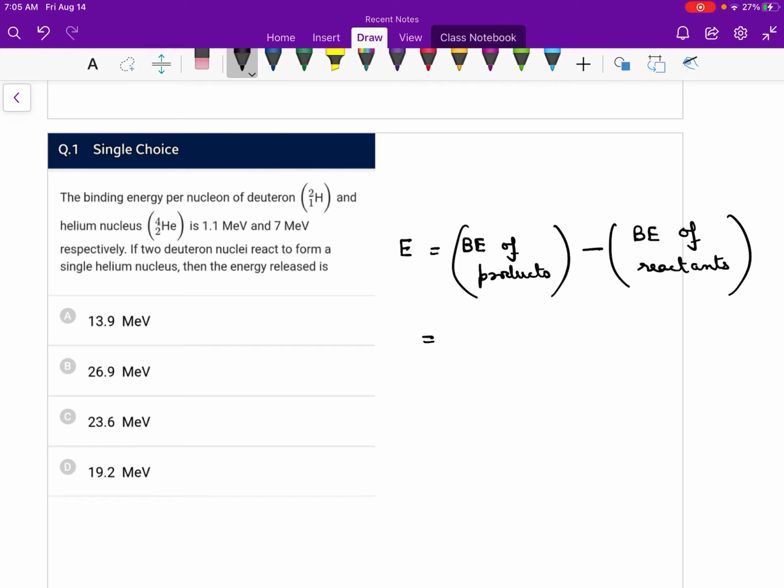So the binding energy of products: 4 is the mass number and per nucleon this is 7 mega electron